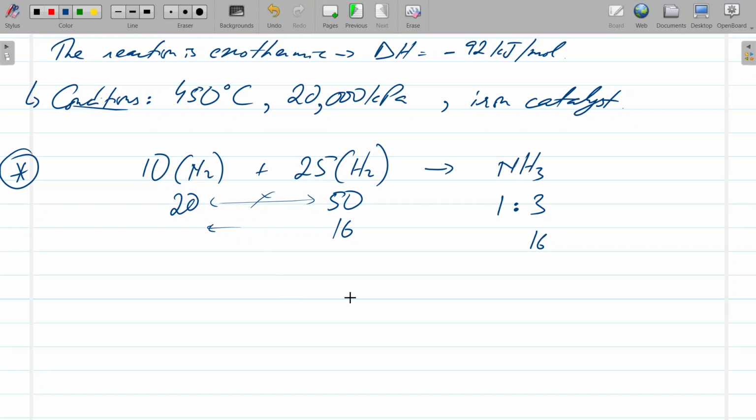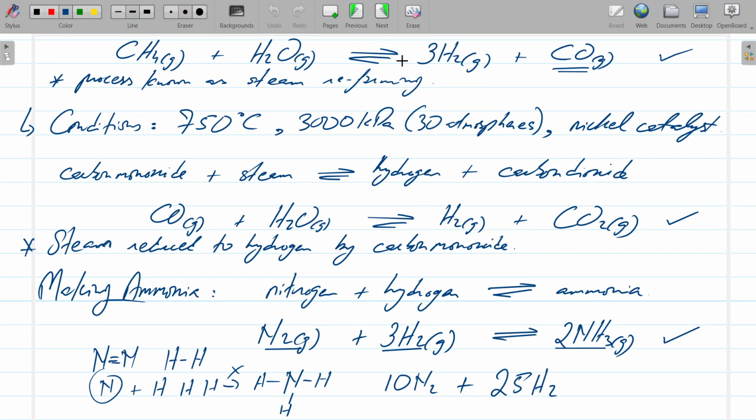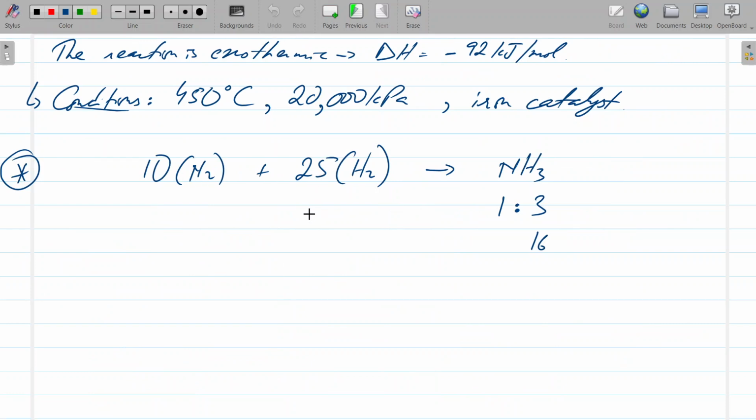All right, let's make this simpler. Let me just remove this. So we know that the ratio is 1:3, right? And so you're only going to have 25 divided by 3 is 8.333. So you're going to have 24 of the hydrogens reacting with 8 of the nitrogens, right? And you will end up with